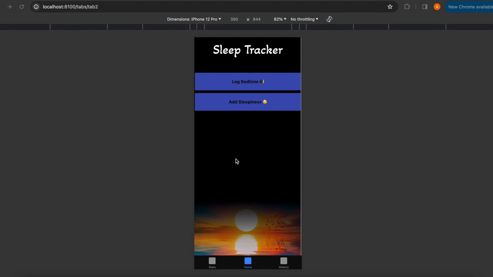When you load the application, you will be navigated to the home screen, where you will be able to log when you are about to go to sleep, when you had just woken up, and how tired or energetic you are throughout the day on a scale of 1 to 7, where 1 is very well rested and 7 is extremely tired. If we head over to the History tab,